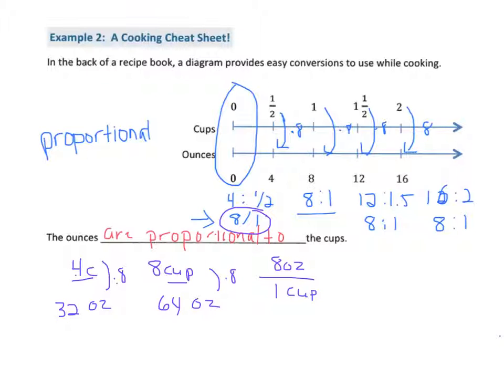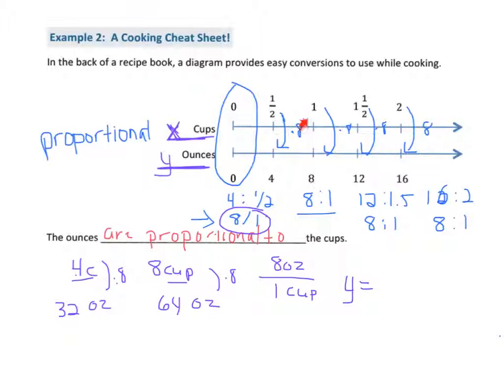But to keep it simple, let's put variables on it. See if we can come up with the equation. So here's my x, my independent variable. Here's my y. What do we have to do to the x every time to get the y? So what are we doing to the cups to get the ounces? So if we're trying to figure out y, the number of ounces, what do we have to do? We have to multiply